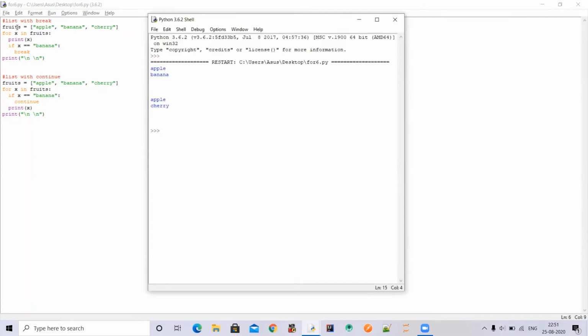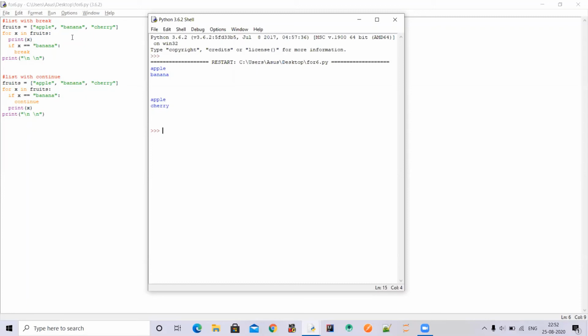So here you can see that first of all in the break statement, it is printing apple because the first value is apple. Then it will check whether it is equal to banana or not. It is not equal to banana, so it will iterate the loop again, and in the second iteration, the value of x is now banana.